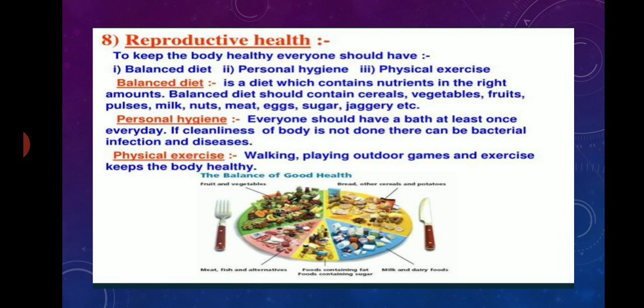It is also important to maintain reproductive health. A person is said to be healthy if he or she is physically and mentally fit. You have learned in your junior classes that to keep the body healthy, it is important to eat a balanced diet. An adolescent needs to eat a healthy and balanced diet as adolescence is a stage of rapid growth and development. The diet should include protein, carbohydrates, fats, minerals, and vitamins in required proportion.